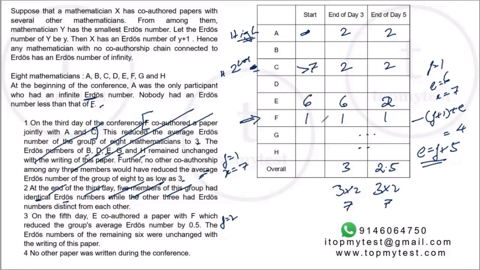And even in the beginning, those people have 2s only. And I know for F, I know for E, there is an X, right? 3 people with 2. I already know C and A's rough range. A had infinite and C had more than 7. So this is what we have. We don't know the original average, because the original average will be infinite, right? Because A is an infinite number. So we know this part. Let's go to the questions now and try to solve them.